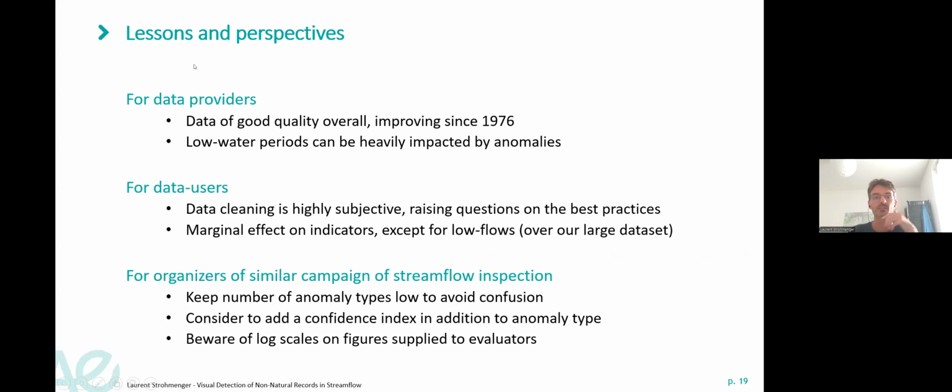And as a conclusion, the lessons and perspectives that we learned from this exercise. So for the data providers, overall the data is of good quality and it's improving since 1975, which is a good thing. However, the low water periods can be heavily impacted by anomalies, and here there is room for improvement in the measurement of the low flow. For the data users,